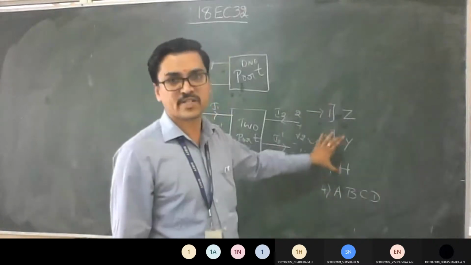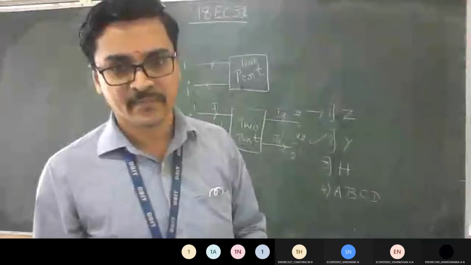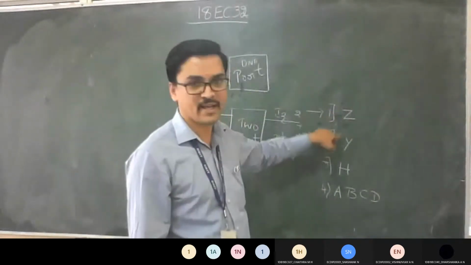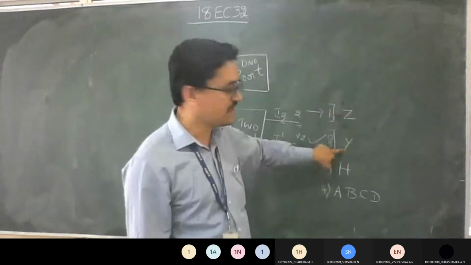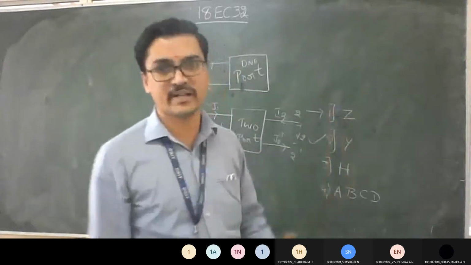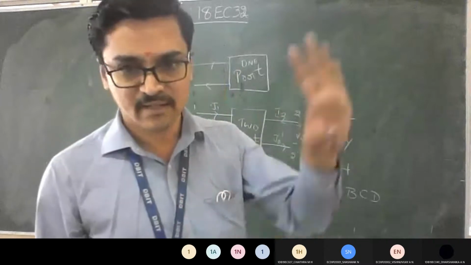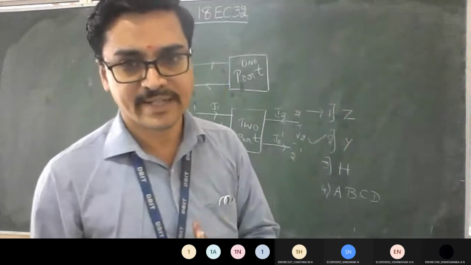The individual derivation of these parameters along with separate problems will give you 10 marks, and one more 10 marks for the relationships: Z in terms of Y, Z in terms of H, Z in terms of ABCD, similarly Y in terms of Z. So you will get 12 derivations. If you analyze one derivation, the remaining 11 you can easily solve with the same concept. That will give you 10 more marks.